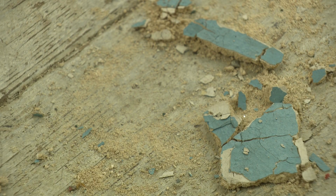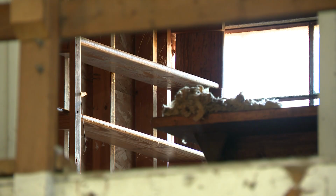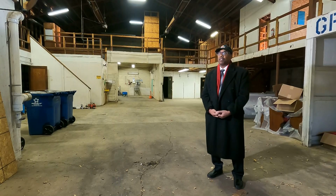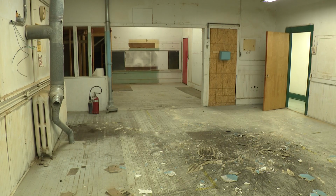eyesore to attraction. That's what we hope this school, this museum, the cultural center becomes, a tourist attraction. Just because it looks broke today doesn't mean that it will stay broke. Cecil County sold the property to the town in 2020 for a hefty sum. For $1. $1 to jumpstart what will likely be a 6-year process to turn this old Julius Rosenwald school into